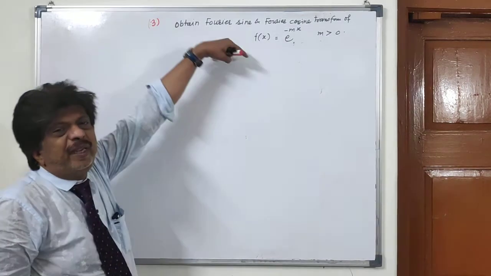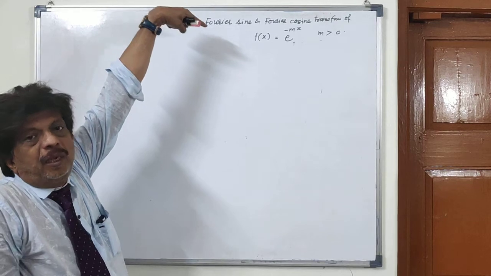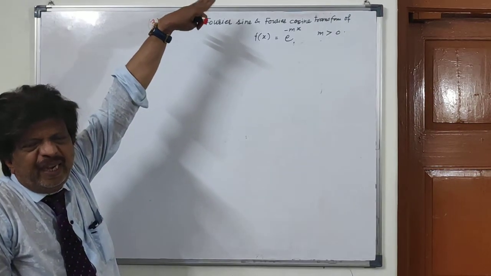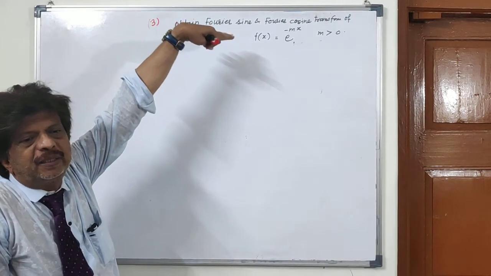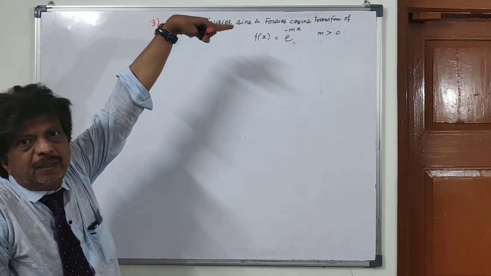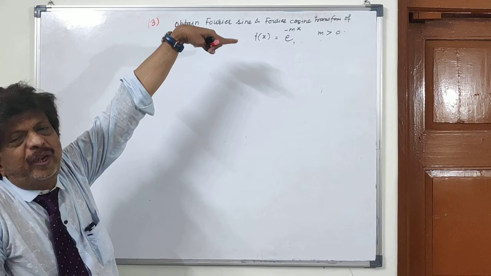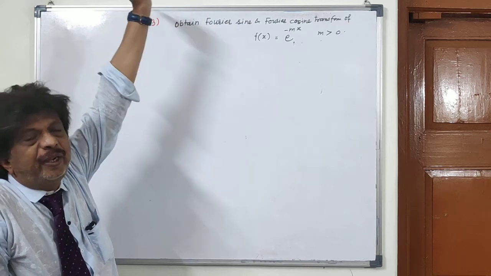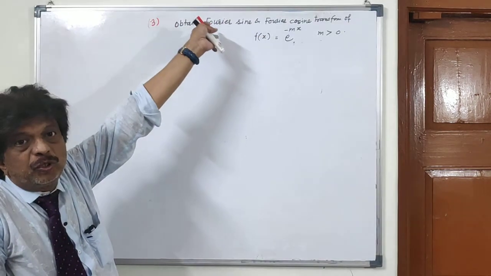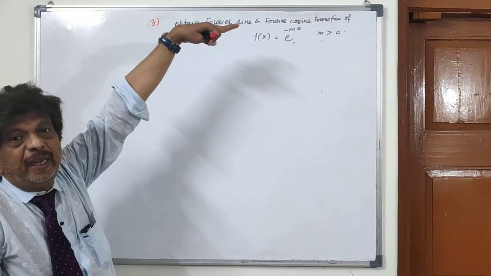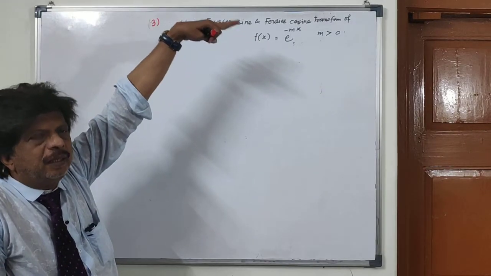The function given is in terms of x, number one. It is e to the power minus mx. m is strictly positive. If m is 0, it would be 1 perhaps, and if it is negative, the exponent would be positive. So m is necessarily greater than 0. Now,